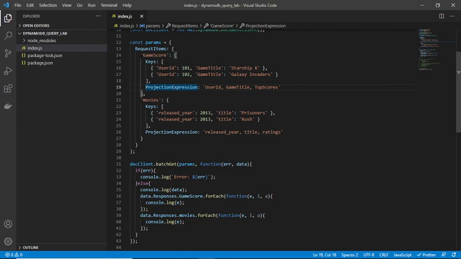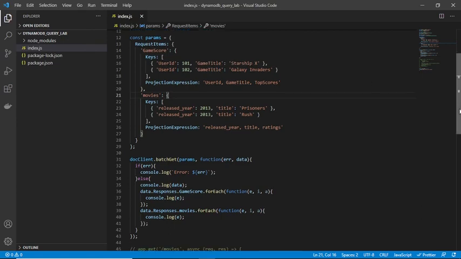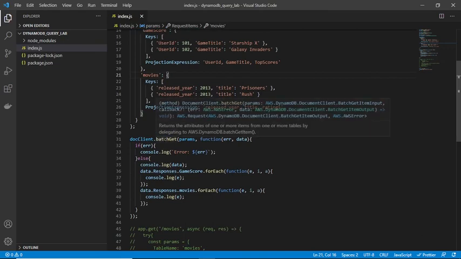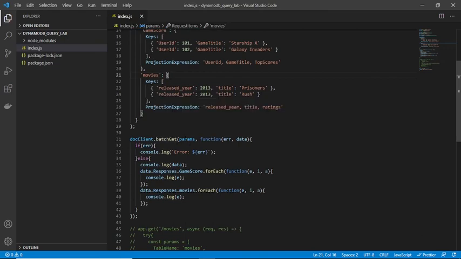In this way, this one object is for one table, and the second object is for the second table. And in the keys array you can pass your keys, your primary key like partition and sort key if you have.